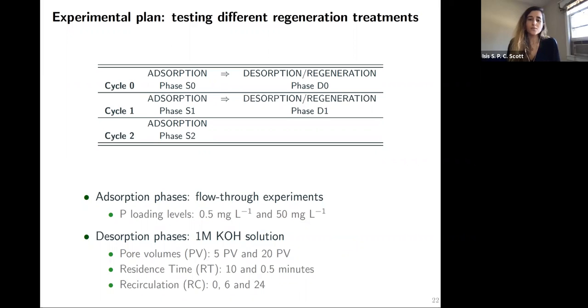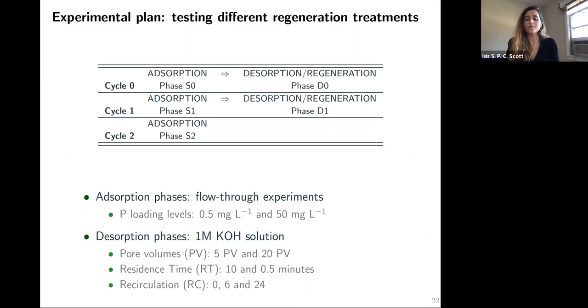So we used 0.5 milligrams per liter, which is representative of our upper bound of what we would normally find in tile drainage. And we also used 50 milligrams per liter, which is what we would normally see in a wastewater range of concentration. And following the adsorption phase, we would then immediately make a desorption phase in which we use